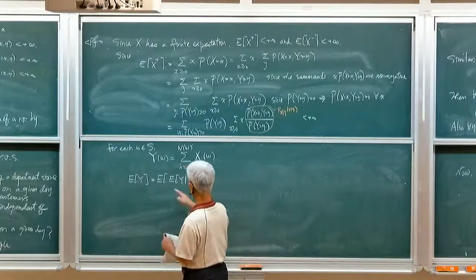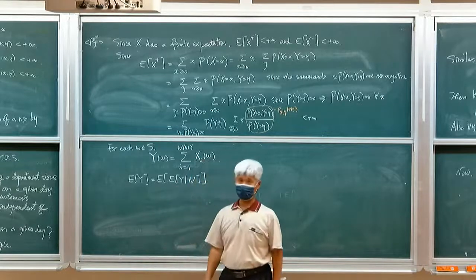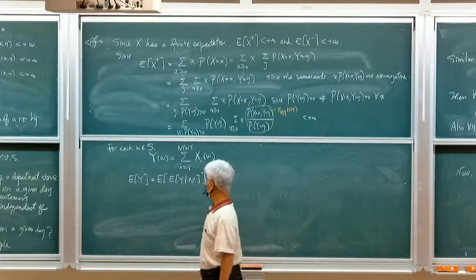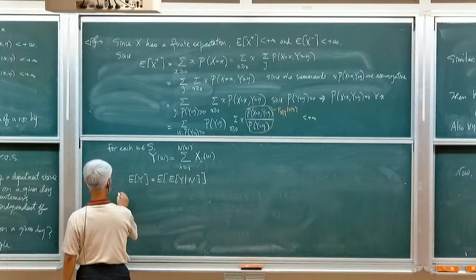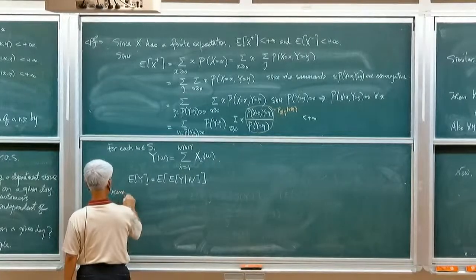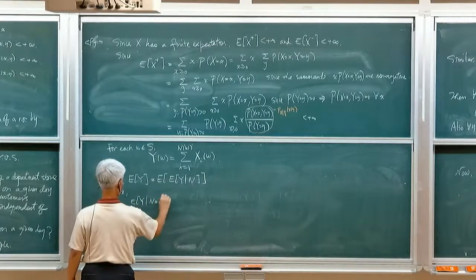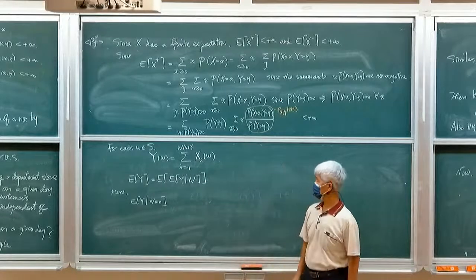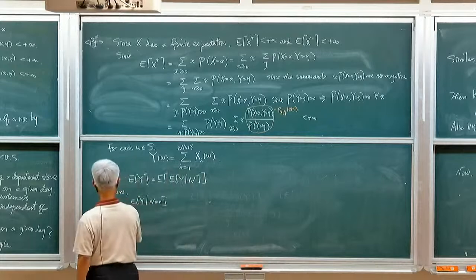All right, so we have to find the conditional expectation of Y given capital N. Okay, but before doing so, now we compute the g of n, right? So g of n